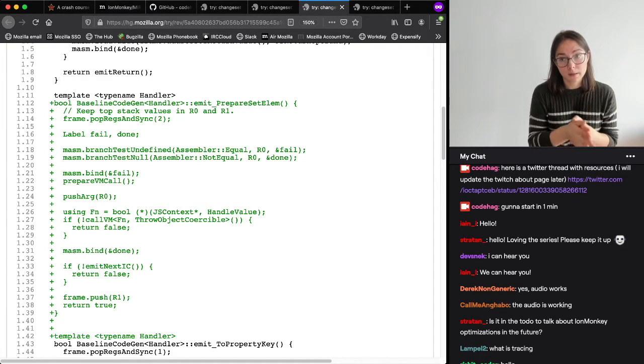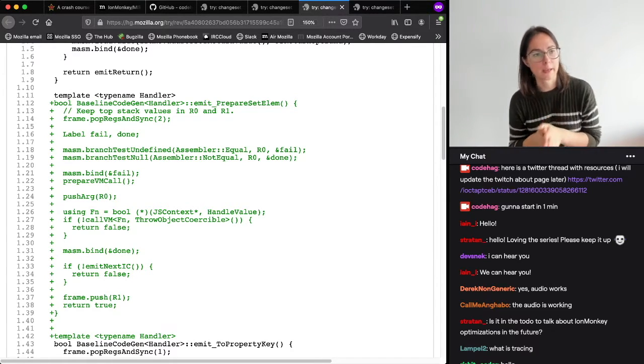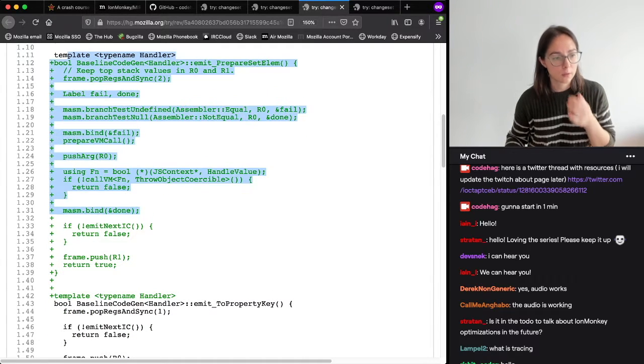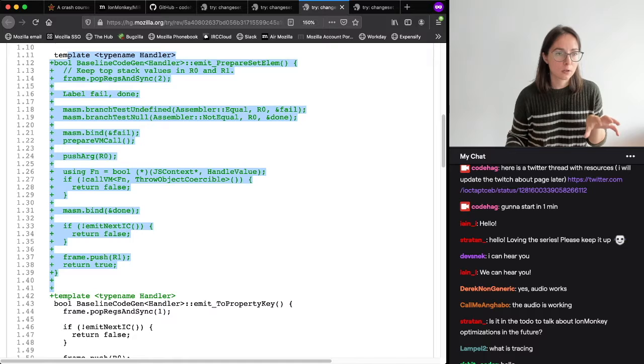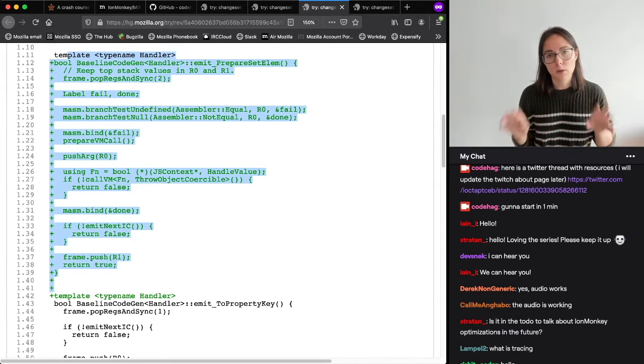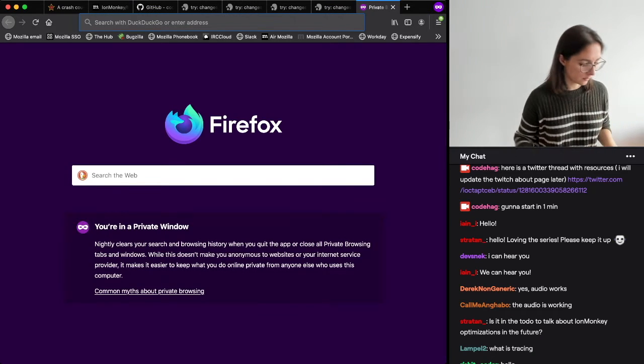And the bug that I had intended to show you was actually to show you where that script lived. We can take a look at that. So what we have here is a bit of code in the baseline code gen, and the baseline code gen is shared between the baseline compiler and the baseline interpreter. If you recall, we made this super tiny engine last time